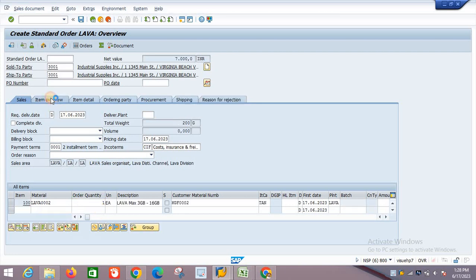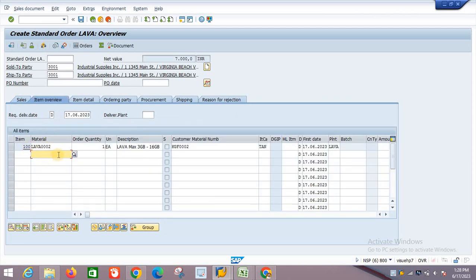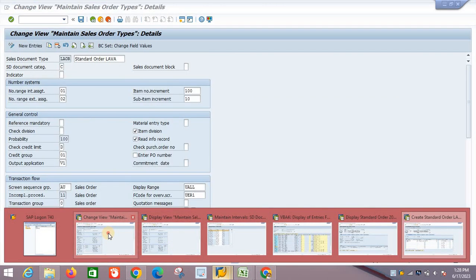Check, guys, how the number increment is coming right now. 100. I will take one more material. Okay, that is 200. So where is that control? That control is in the sales document.